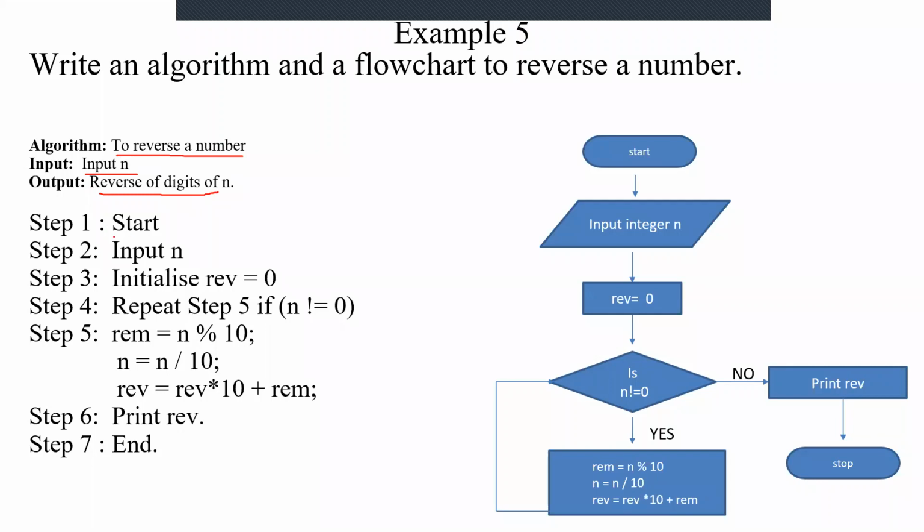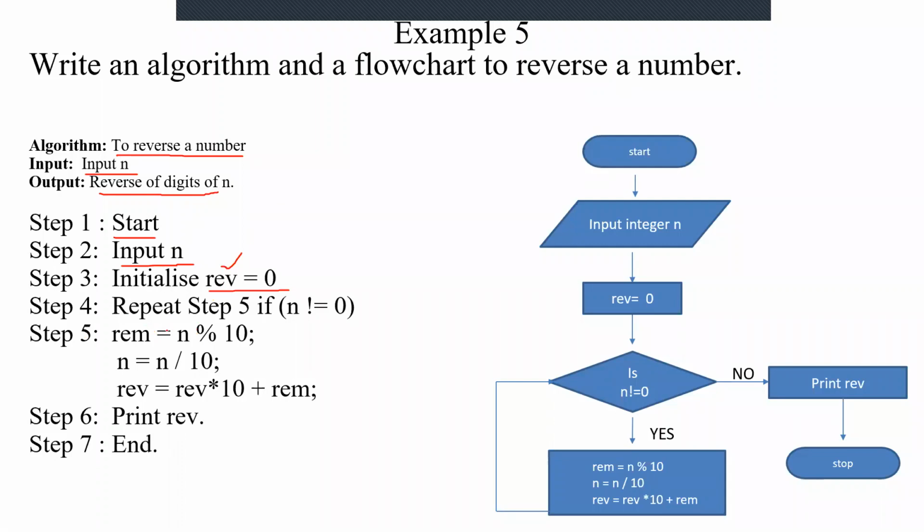So what will be the first thing? We will be starting and then getting the input. We will be accepting input from the user. And then we are initializing a variable. There it was sum, I'm just using reverse instead of sum, because it is a reverse of a number. Any variable name you can use.